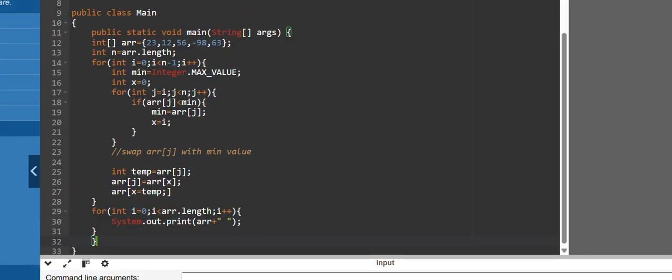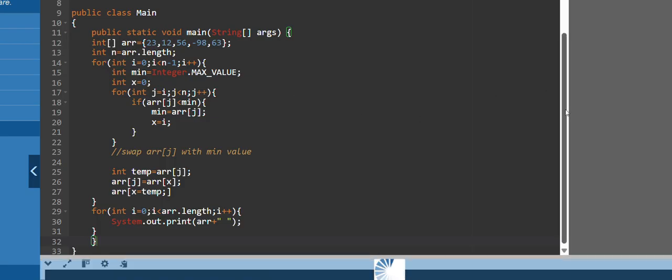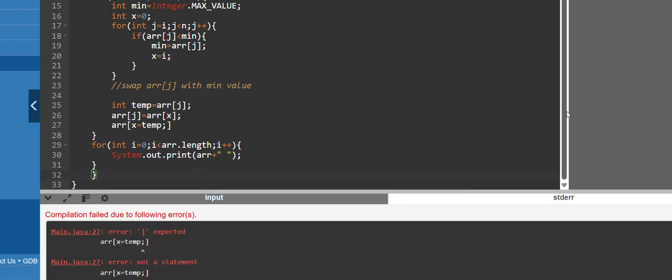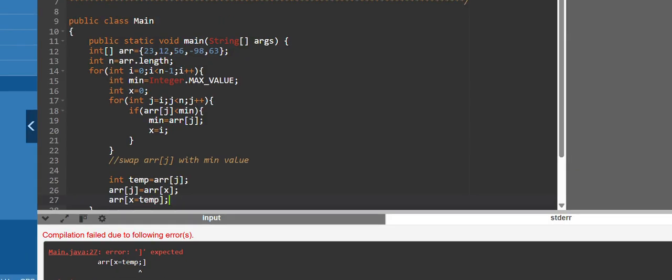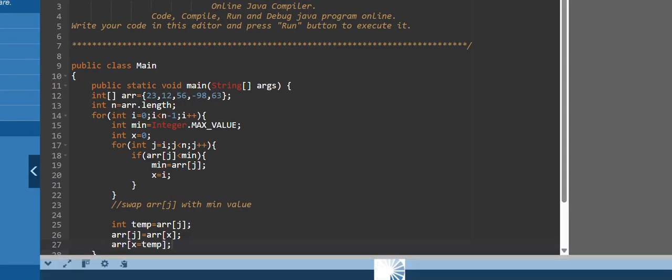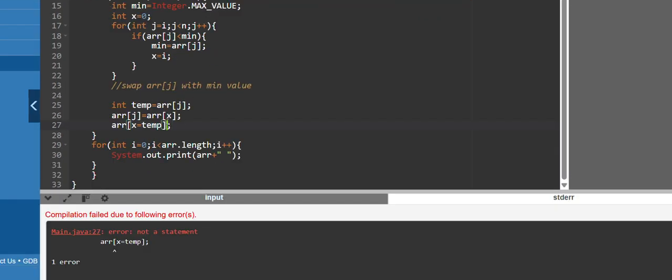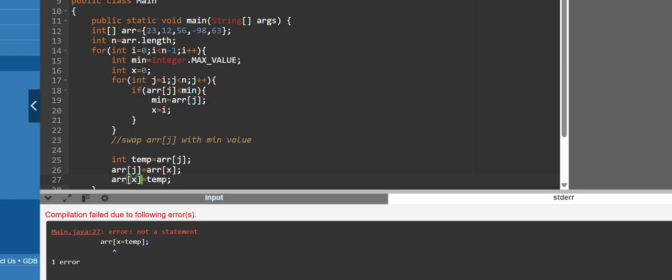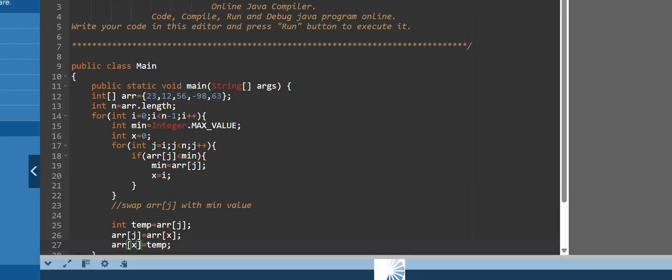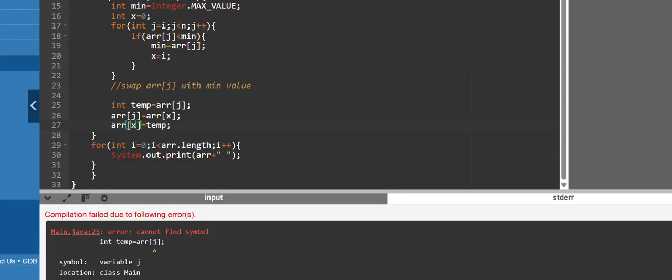Let's run this. Where is the run button? Oh, there is some error. Where is the error? Okay, here. Silly mistakes. Guys, what's wrong with me? Can't you say? Even if you say I couldn't hear, guys, I'm sorry. Now let's run and see if we don't have any error. Again, error? Int temp is equal to,